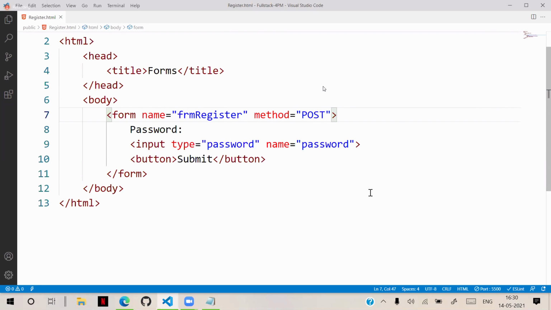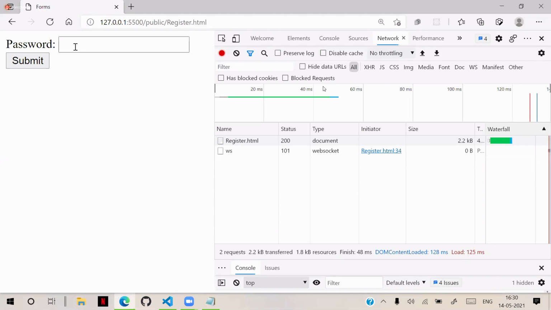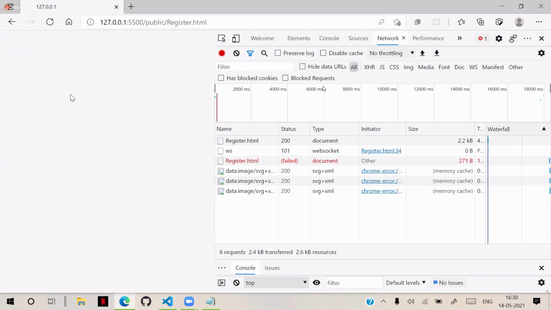Generally, we post to a server-side technology. We don't have server-side technology, later we will see. But observe here now, when I design on POST, I entered some password and click on submit. It is submitted, but it is not in the URL now. It is not in the URL. So that means it is more protected. But on the server side, there will be one technology. That server-side technology will get the data, and it will use that data.